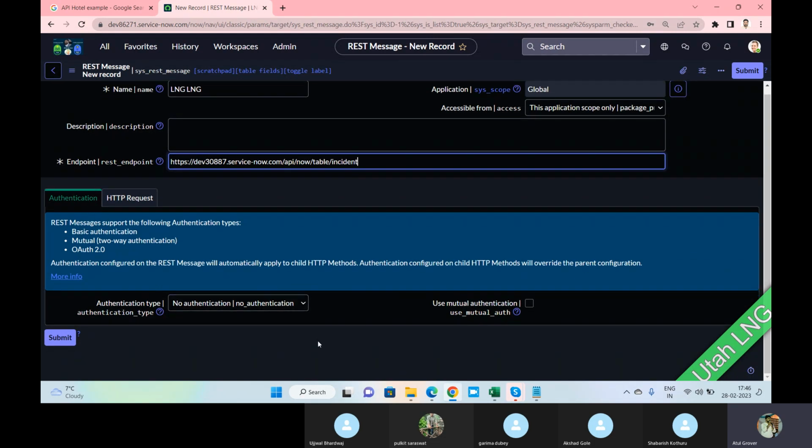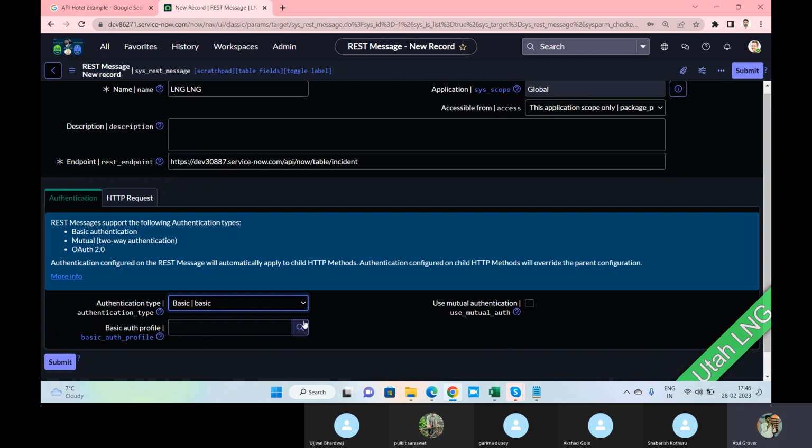Now, when I do this, I have to go for the authentication as well. Say I am at the society gate, and I say, hey, I want to enter. The security guard says, sir, give me your authentication. Who are you? So I have to create it, and there are multiple authentication ways. You can go for no authentication, basic, and OAuth 2. OAuth 2 is like multi-factor authentication. Everything you have to add. We'll go for the basic one.